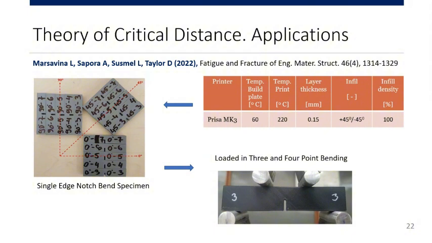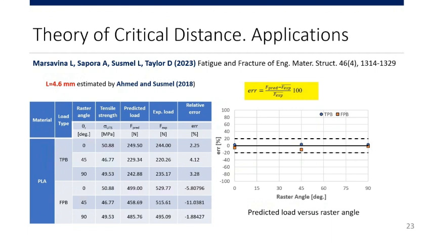We did the same with our data. We performed some 3-point bending and 4-point bending tests on single edge notch bending specimens. These are other printers, so we have other material and manufacturing parameters. These were built with plus minus 45 degrees orientation of the infill, 100% infill, and a layer thickness of 0.5. So we take the value of the critical length proposed by Ahmed and Susmel, and we process our data and apply it, but considering our ultimate tensile strength, and all the data for 3 different orientations are between, let's